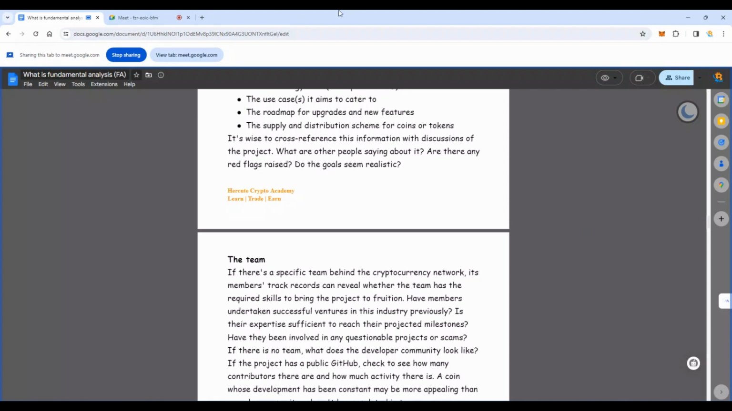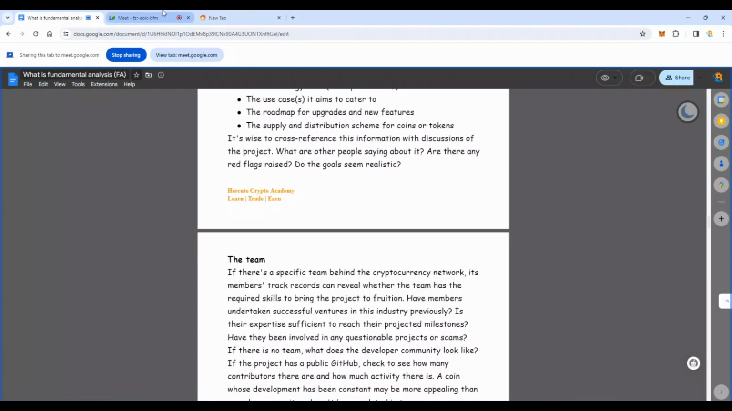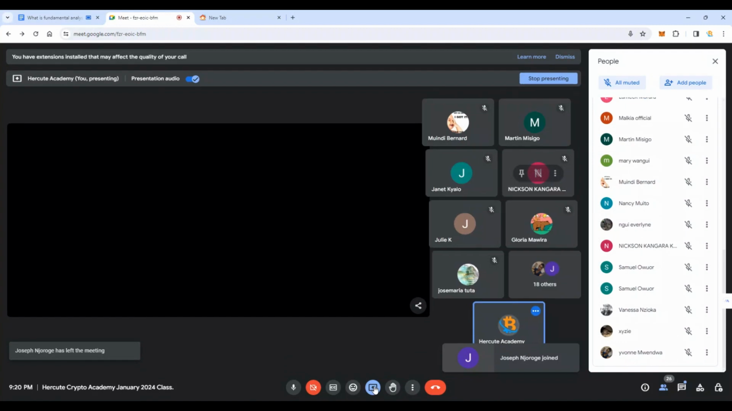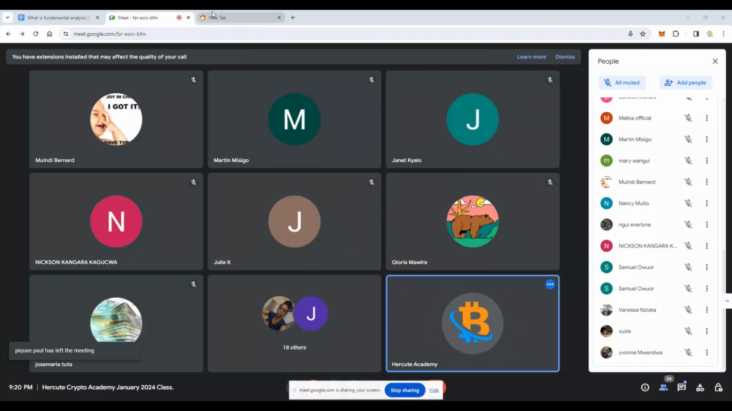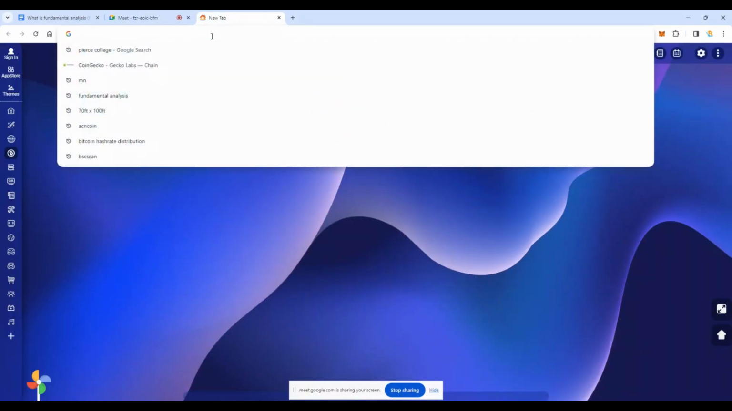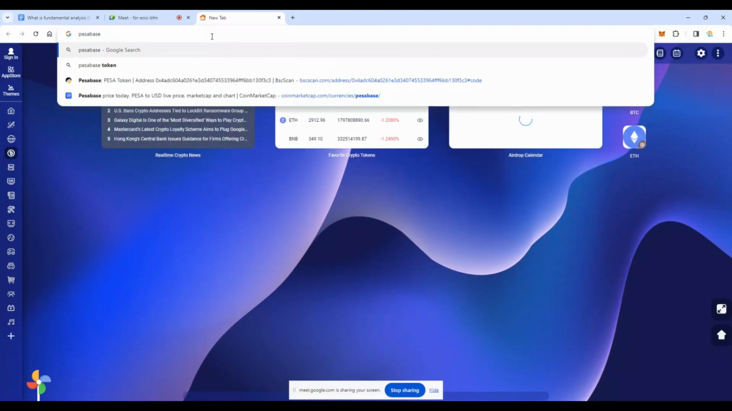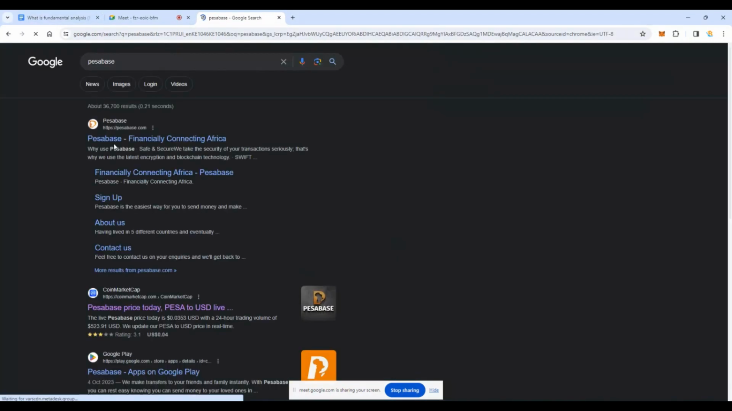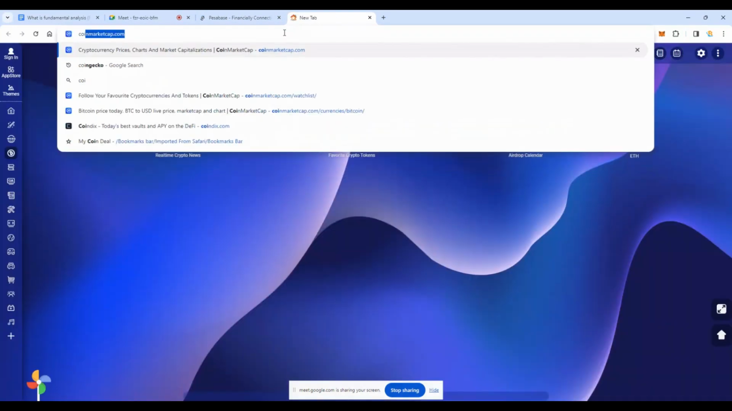Now, to find the white paper for any project, for example, let's look at a project called Pesabase. Let me share my entire screen rather, so that we can move together. So if you go to a project like Pesabase, for example, you go to their website, it's pesabase.com, and if you go to CoinMarketCap, you will always be redirected to